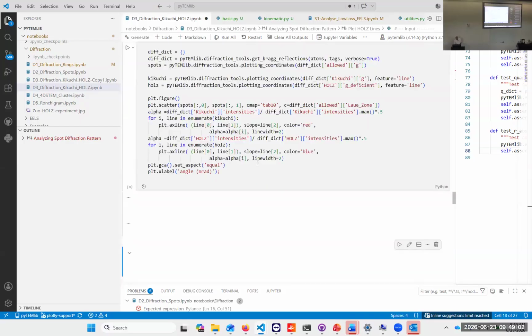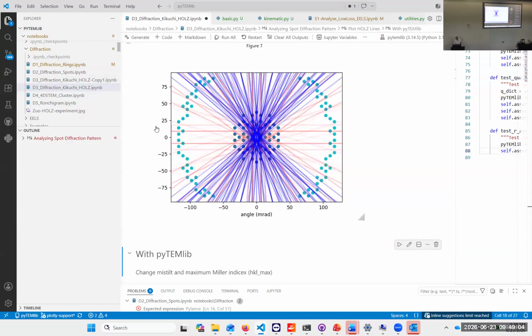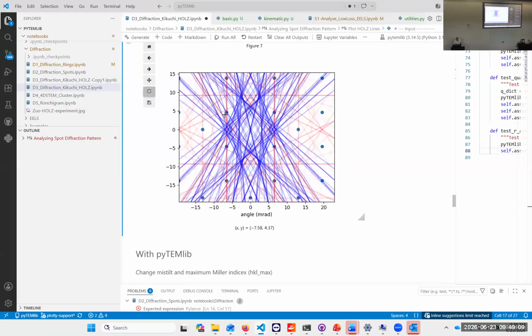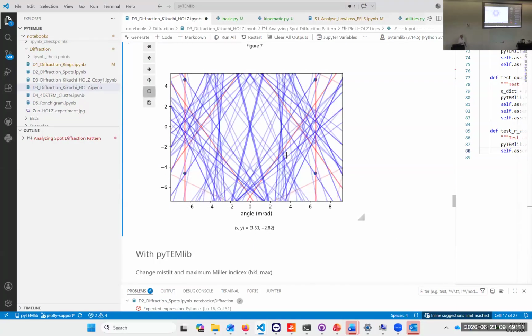And we can plot the Holtz lines. It's a little bit over the top here. But the higher order Laue zones make the same thing as the diffracted ones. So what happens here, and